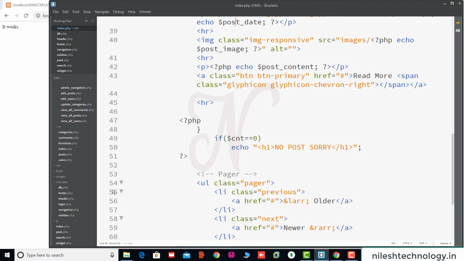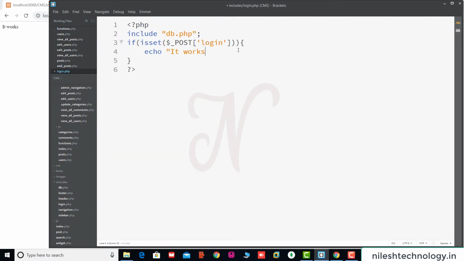So save these changes, again we run the index.php file, so click on this login button, see it works. Okay, now we get the username and password and store them in variables in this program. So inside this if section we use two variables, first one is the username, $_POST, your text box name is username. Same here we get the password and store it into this variable, this is the password.